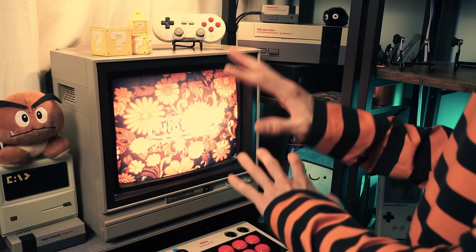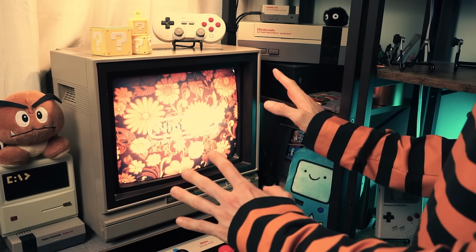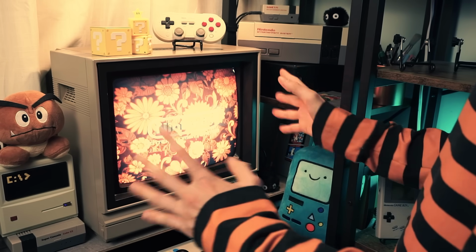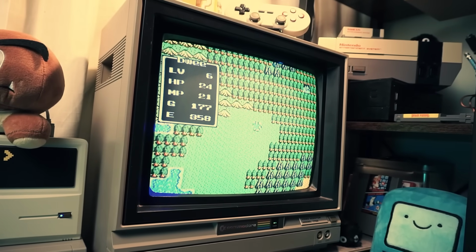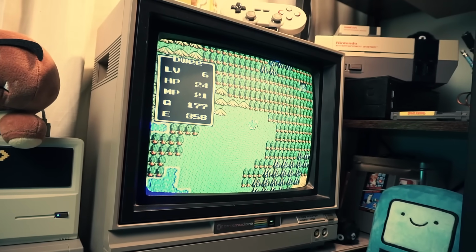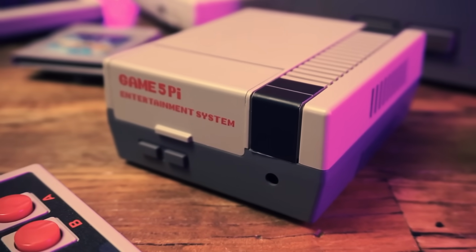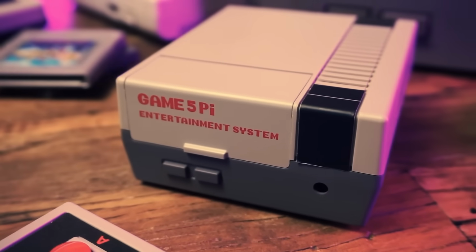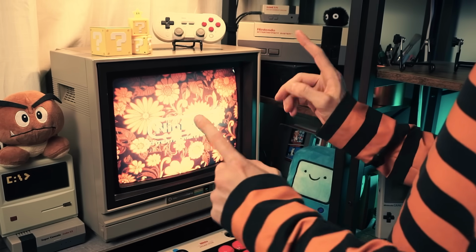I have so many ways to play retro games, but I've been playing so much on this thing. Probably more than any other device that I have right now. It's so fun and it works so well, but most importantly, it's got the retro vibe that I always wanted. And today I'm gonna show it to you, show you how it works, show you how I made it, play some games on it, and of course, just gush about retro games like the old man I am. Speaking of which, back in my day...